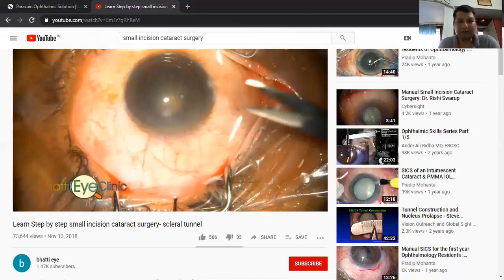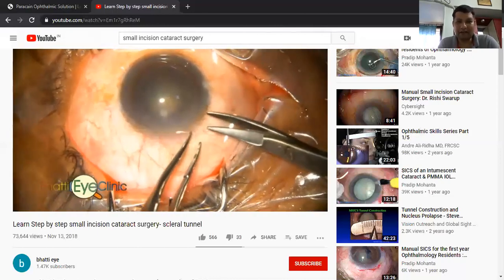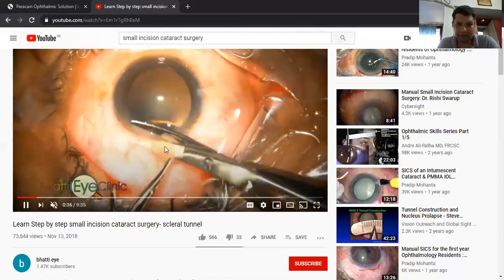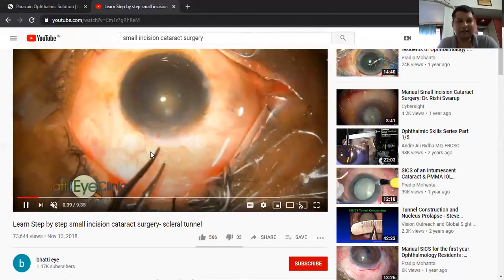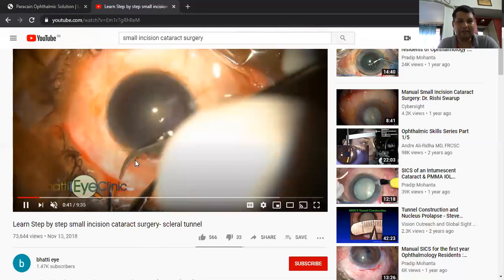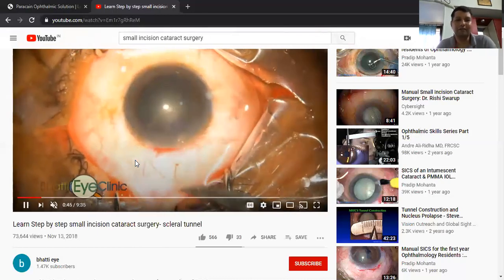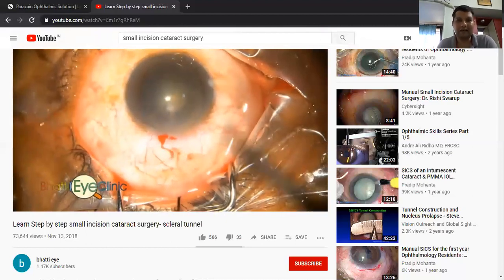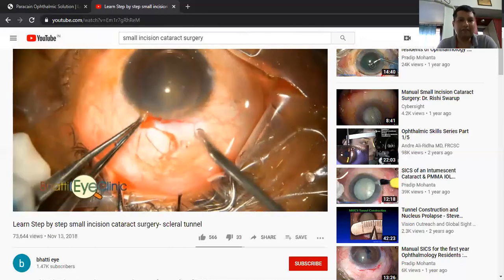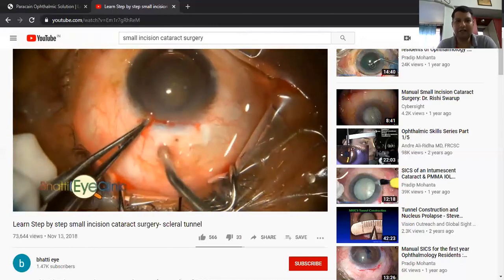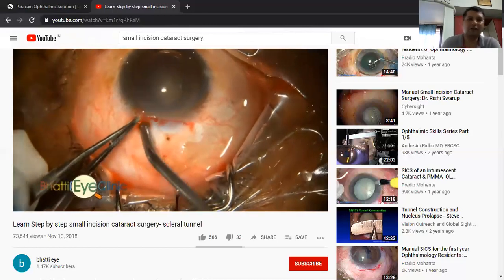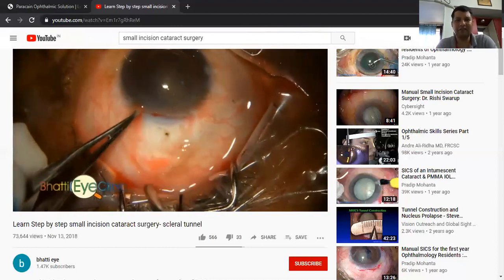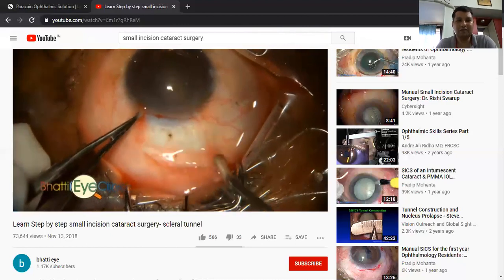Then after that, we are fashioning a conjunctival flap. So we are making an incision in the conjunctiva at the limbus, and then we are dissecting beneath the conjunctiva, and then we are enlarging the conjunctival incision. This is a fornix based conjunctival flap, so that we get an exposure of the sclera. Once we expose the sclera, there are blood vessels. As you see, the blood vessels are bleeding, so we cauterize them using cautery. Once we have achieved sufficient hemostasis, then we will proceed with the further steps.